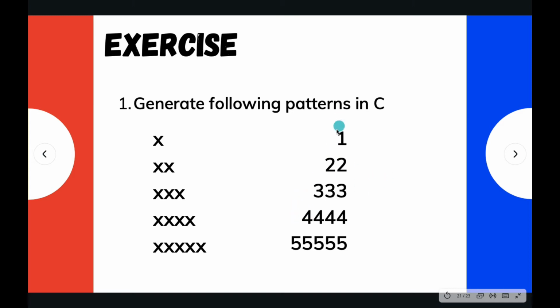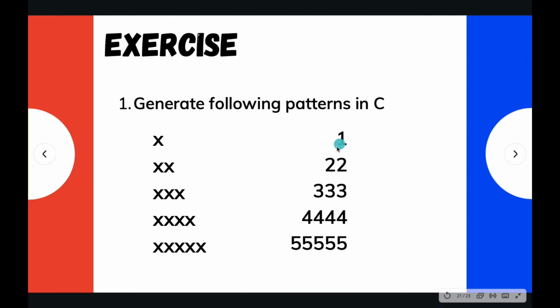You can imagine it as a grid, a 5 by 5 grid, and the first 4 spaces are empty, and then we have 1. First 3 spaces are empty, then we have 2, 2. Then first 2 spaces are empty, or you can say are spaces, and then we have 3, 3, 3, and then first space, then we have 4, 4, 4, 4. So let's not worry about the spaces right now.